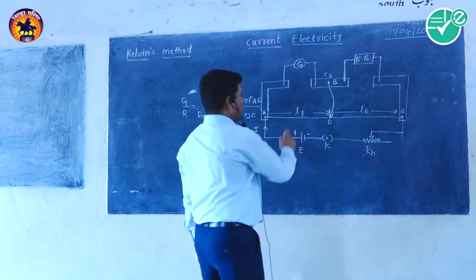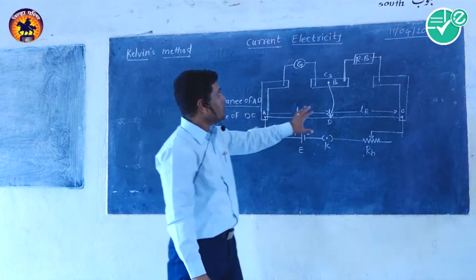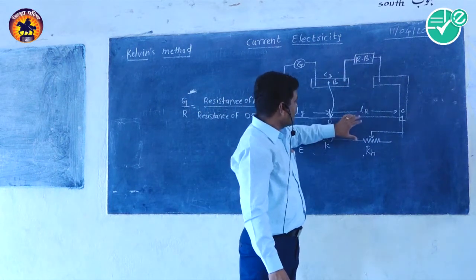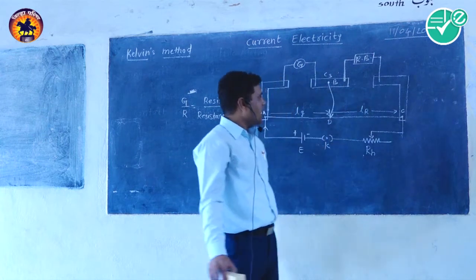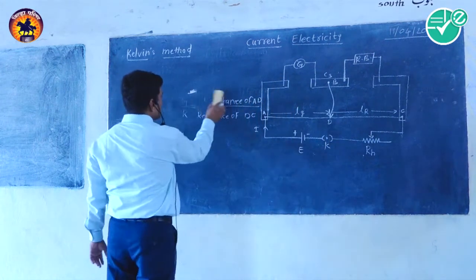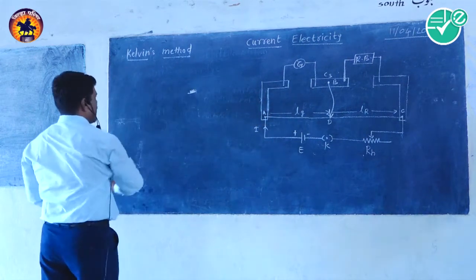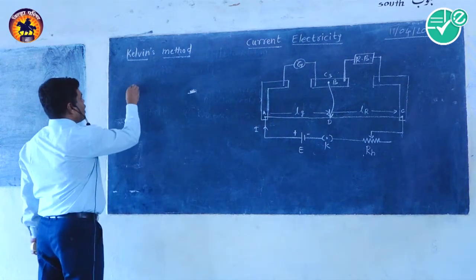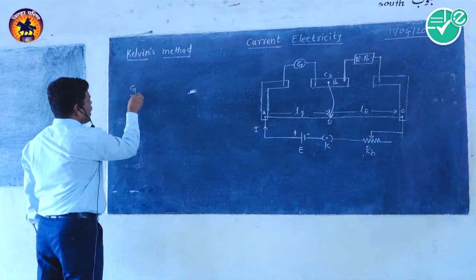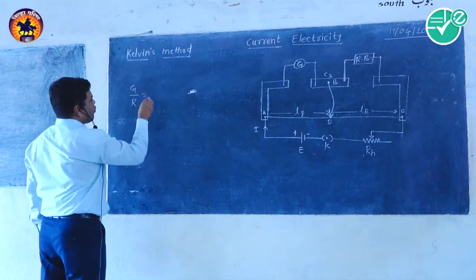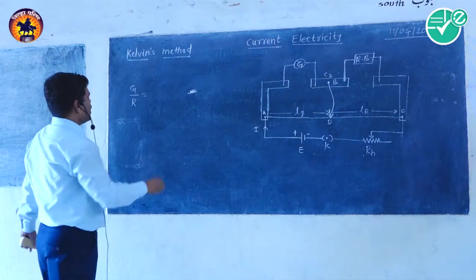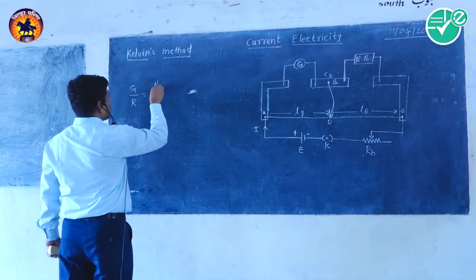The balancing length across the galvanometer will be taken as LG, and the balancing length across the resistance box will be taken as LR. Now, according to Wheatstone's network, when the bridge is balanced, then the resistance of the galvanometer divided by the resistance of the resistance box is equal to the resistance of wire LG